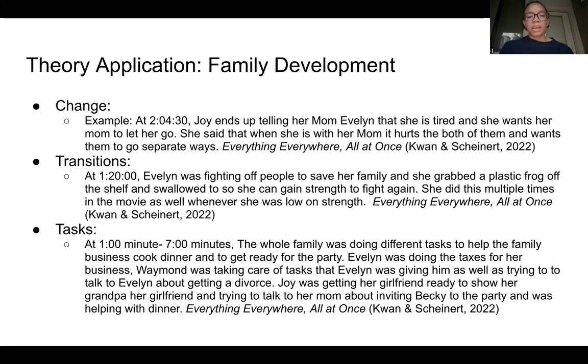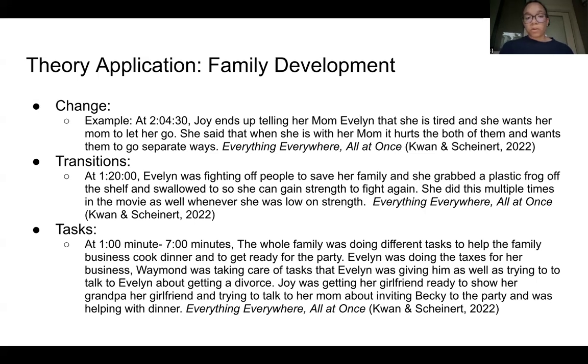because it was in that time range where all the family had different tasks. So the family was doing different tasks to help cook dinner and get ready for the party that they were having in the evening for Evelyn's dad. So Evelyn was doing the taxes for the business. Wayman was taking care of tasks that Evelyn was giving him, as well as trying to talk to Evelyn about